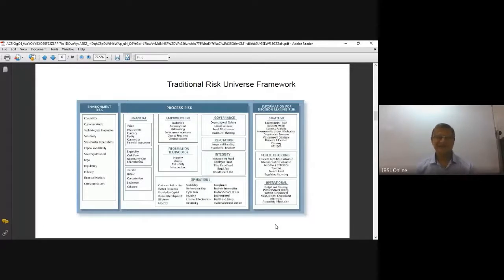So we are looking at a slide. You're at your computer and I'm here, and what we see on display now is the traditional risk universe framework. You can see I have divided that into 3 categories. Mostly risks come from the environment you operate in. Banks operate in an economic environment, and this environment of business we generally call a very dynamic environment. Dynamic means subject to change.